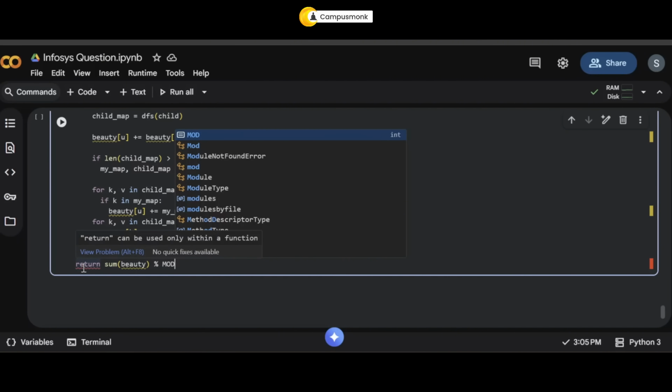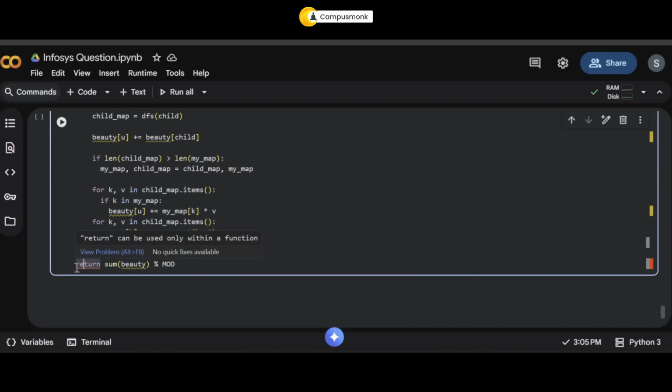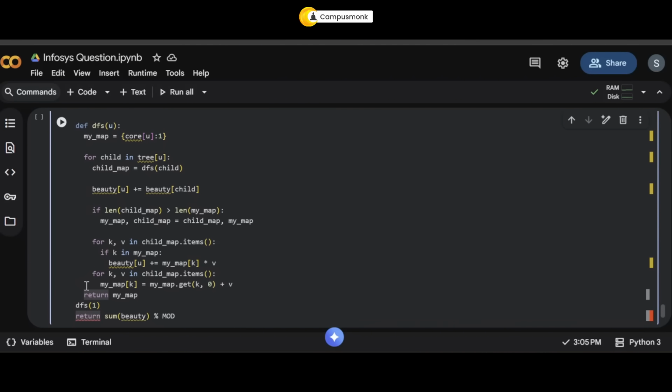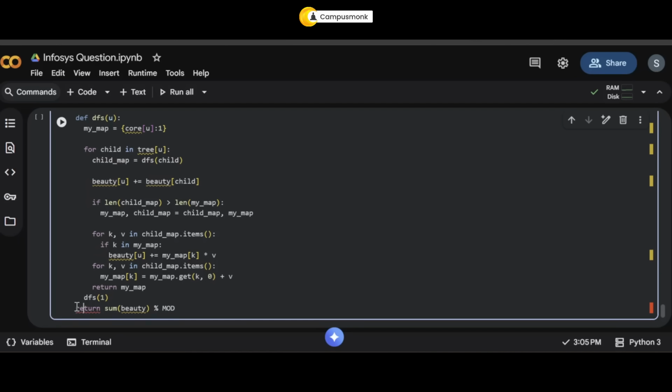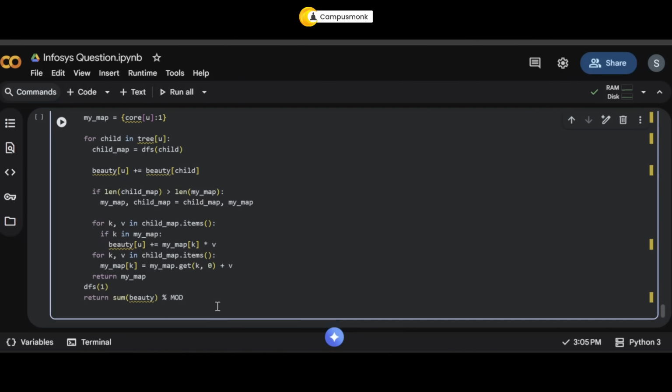Now why is this an error? Are we outside the function? Oh yeah. And this one has to be inside. Perfect. Okay. So once you're done with this, next what you have is your